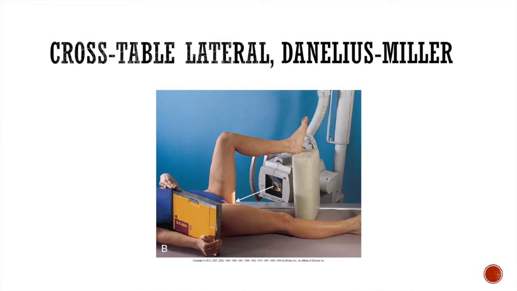As you can see, the sponge in the picture is white color. The IR is going to be placed in the crease of the iliac crest, and it's going to be angled so that it's parallel with the long axis of the femoral neck. The central ray is going to enter the top of the thigh, and it's going to be perpendicular to the